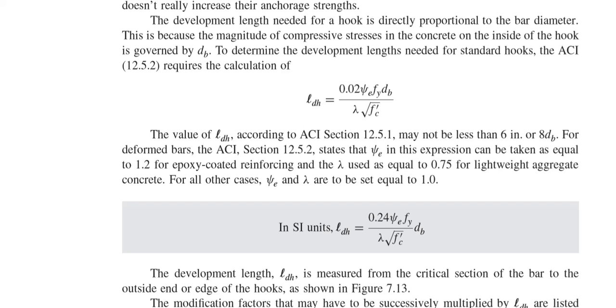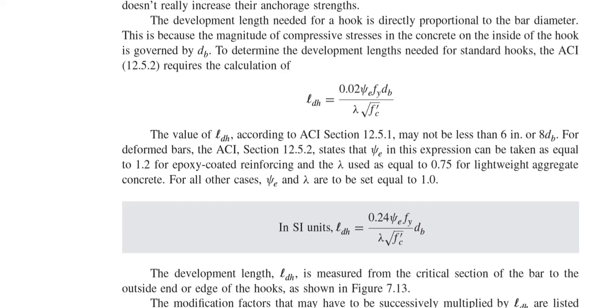psi e Fy dB over lambda f, square root f prime c. So everything is clear except say psi e. Psi e is the epoxy coated factor. If your bar is epoxy coated, then this factor applies. If your bar is not epoxy coated, then it is one. If it is epoxy coated, still there are